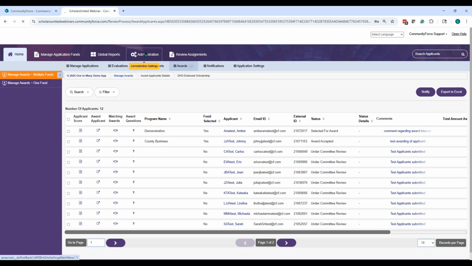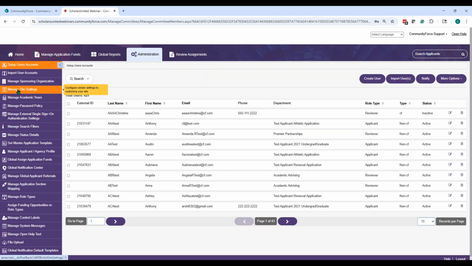If you are the global admin, you have full access, please go to the administration tab and you will find the setting under site settings.